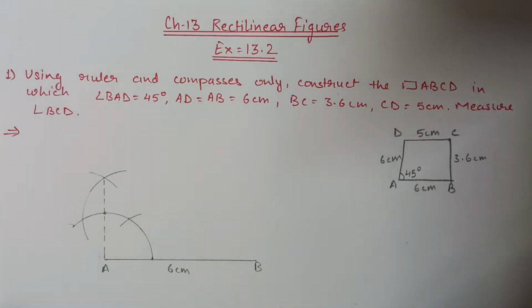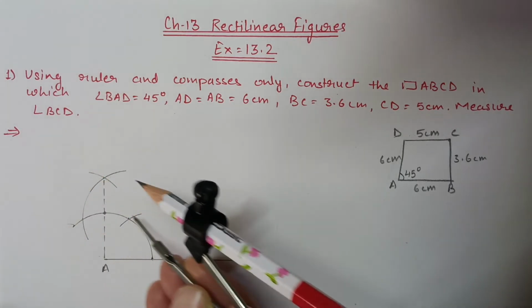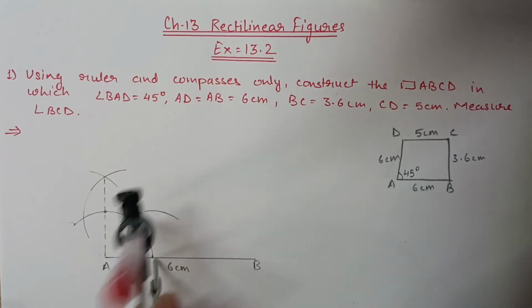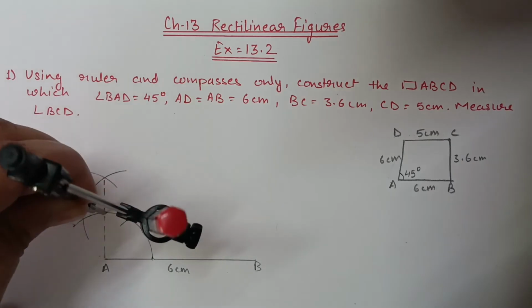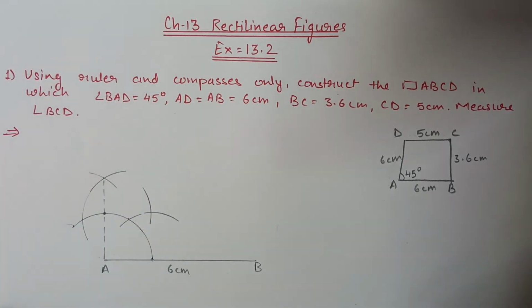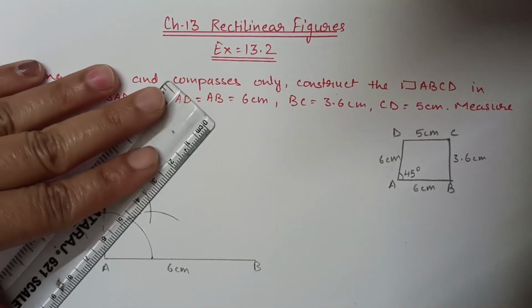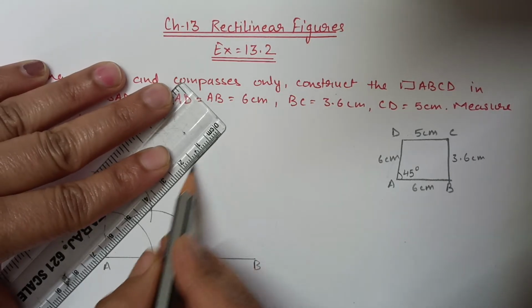So for 45 degree we have to bisect 0 and 90. Always the bisecting point you have to take from the first semicircle. So from 0 degree put one arc, and from 90 degree put another arc. Wherever these two arcs cut each other, that is the 45 degree angle. Draw this line.